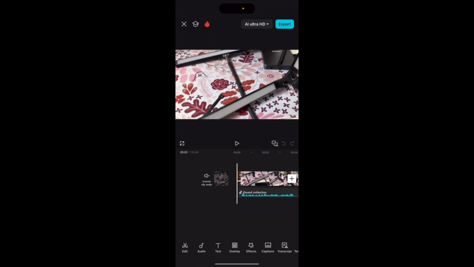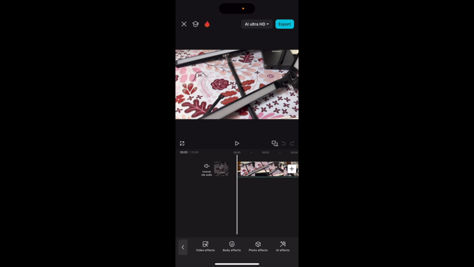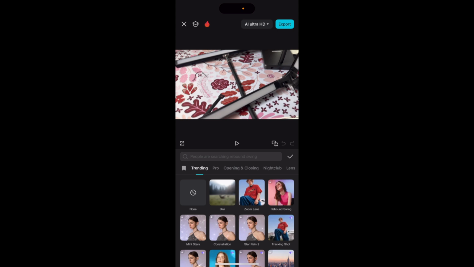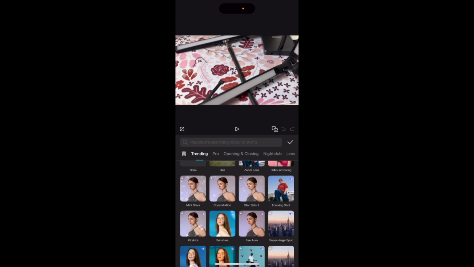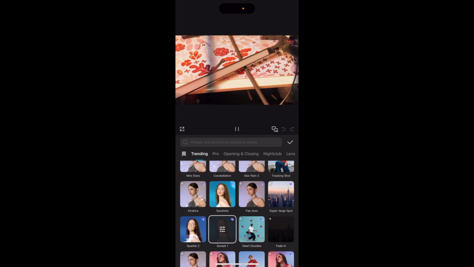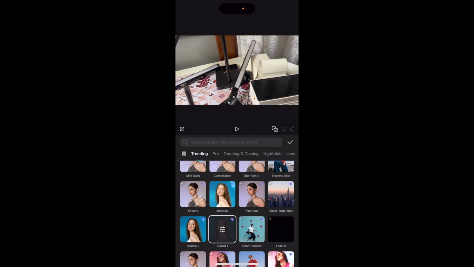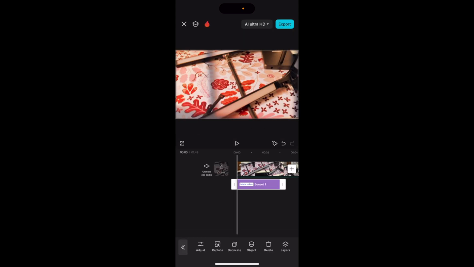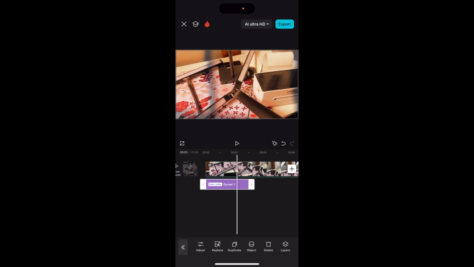So what we're going to do is we're going to click on a video and then we're going to go to effects. Once we go to effects, we'll go to video effects. And then we're going to scroll down. So there are a couple of different ones, but the sunset one is my favorite. As you can see, it looks like the window pane is there and it gives the sunlight streaming